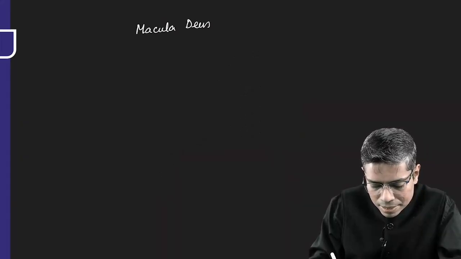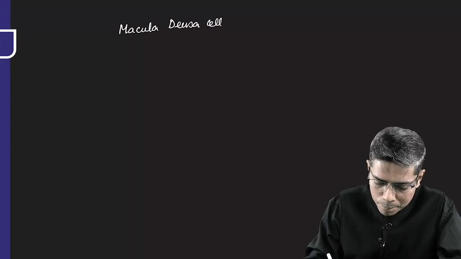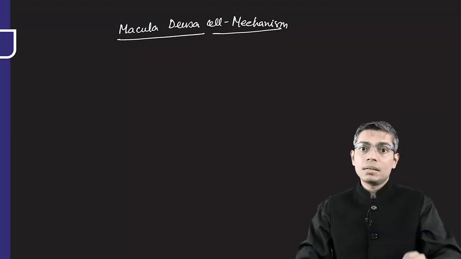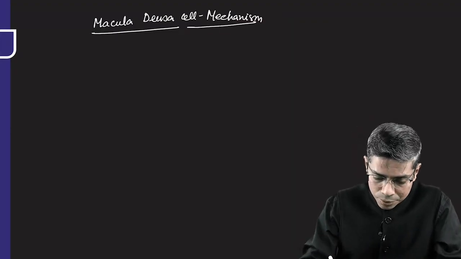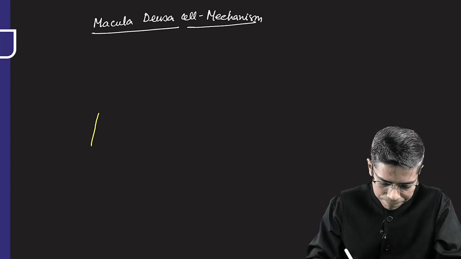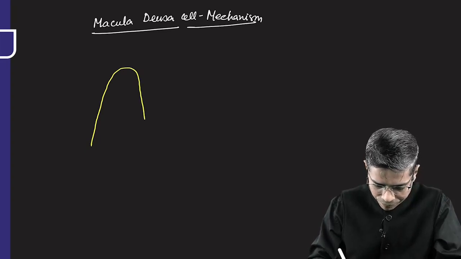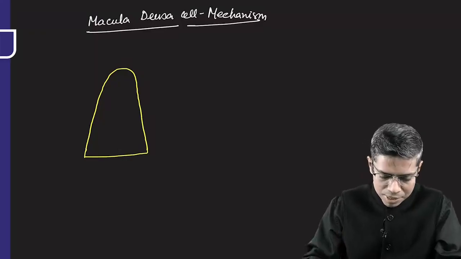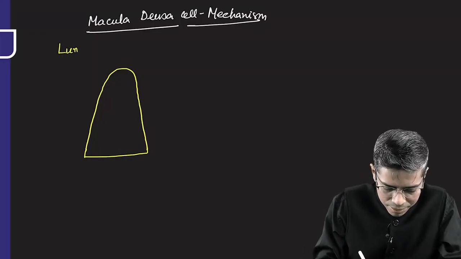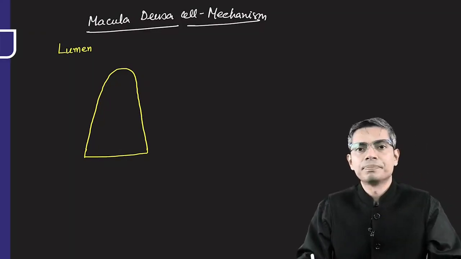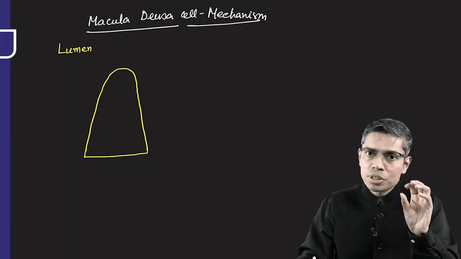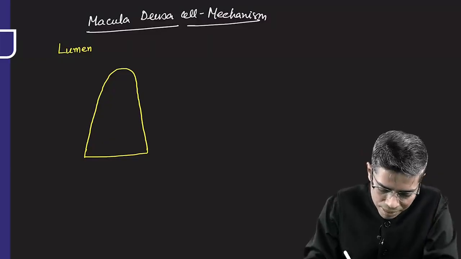Macula densa cell, mechanism of action. Could you recall where the macula densa cells are located? They are columnar epithelium cells. So I am drawing one columnar epithelium cell. Obviously this is the luminal side, this is the tubular lumen of the TAL. At the apical-most portion of this macula densa cell, there is a